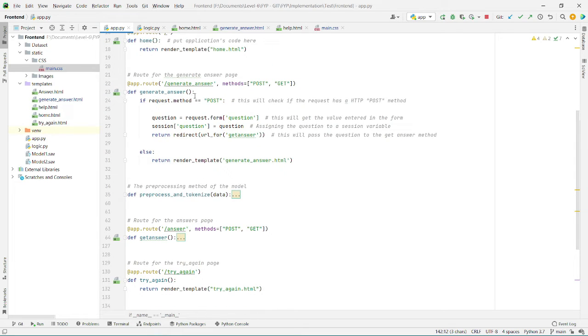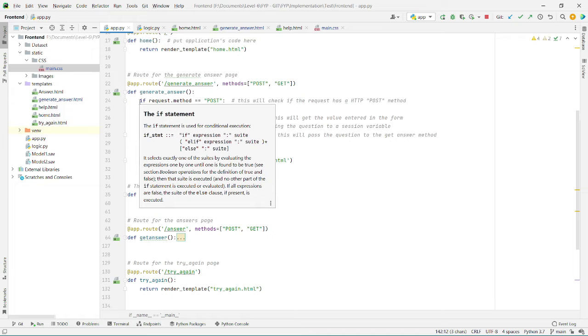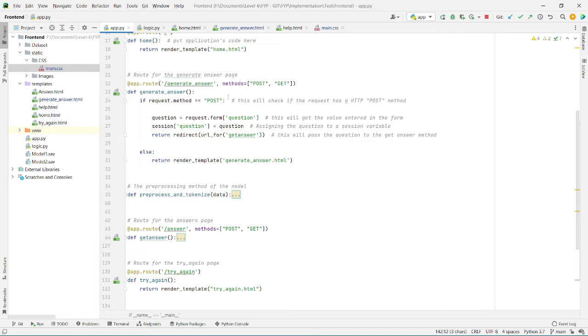This is the get answer route, where the user would enter the question. Here we can see there is an if statement for the post method, and I will show you where this form entry is coming from.